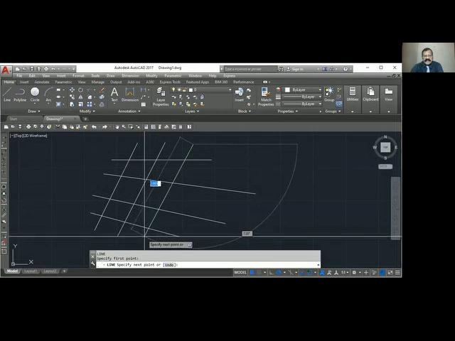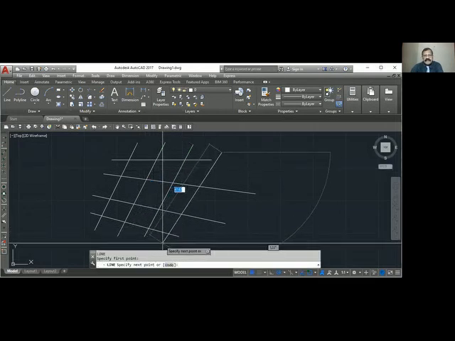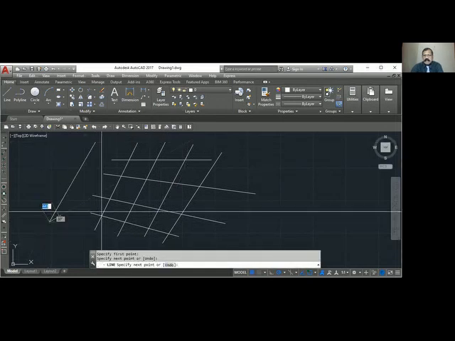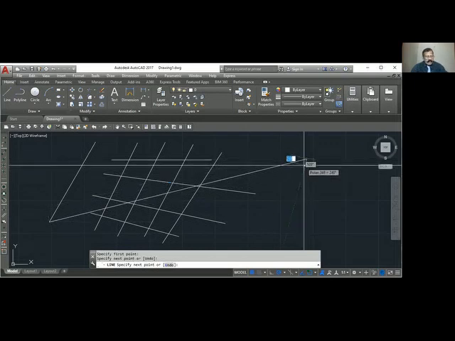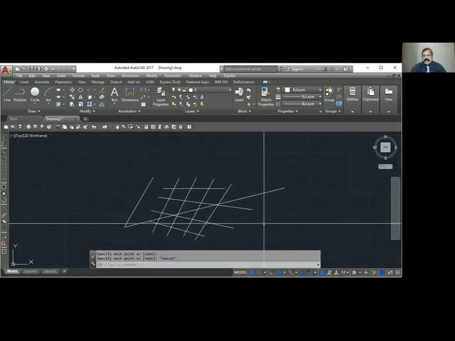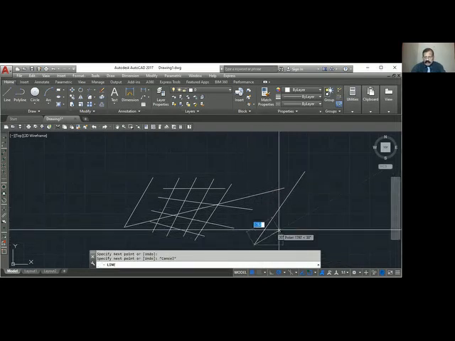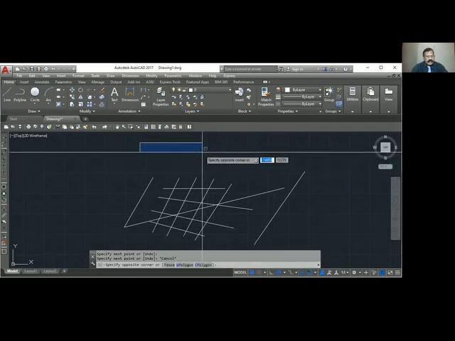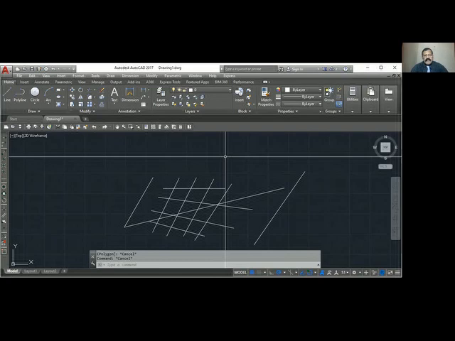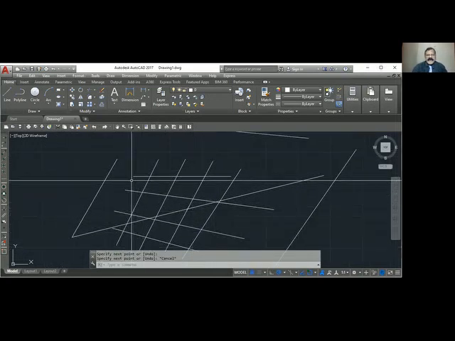I'm just pressing enter and repeating the commands. So I have a few lines here. I want to cut this extra length.